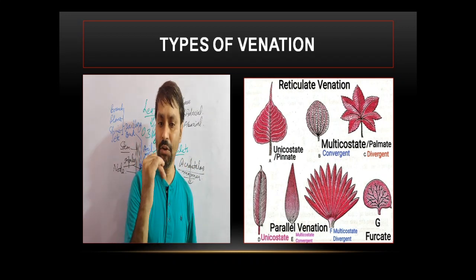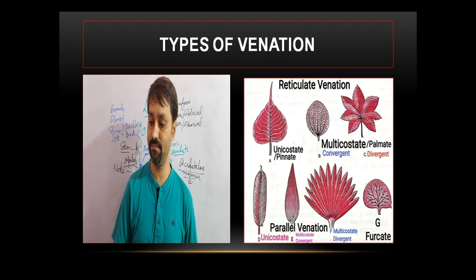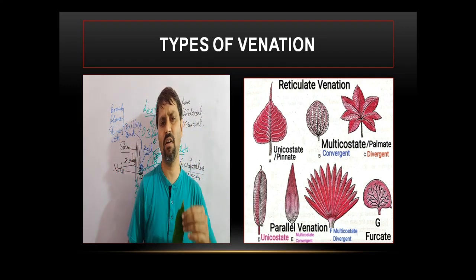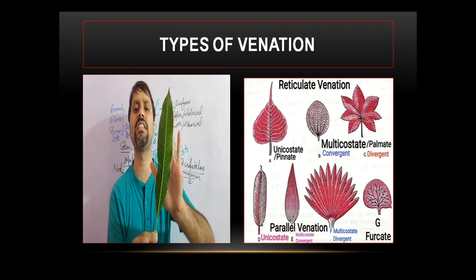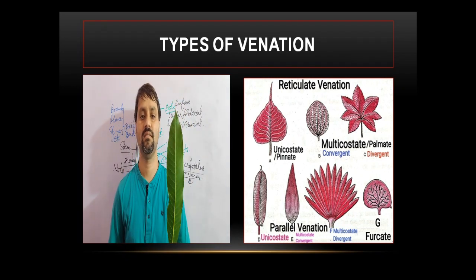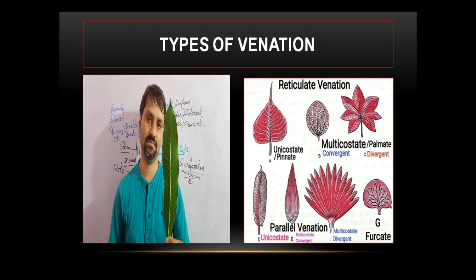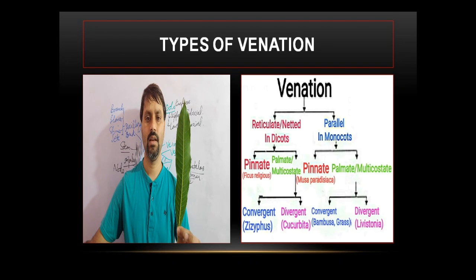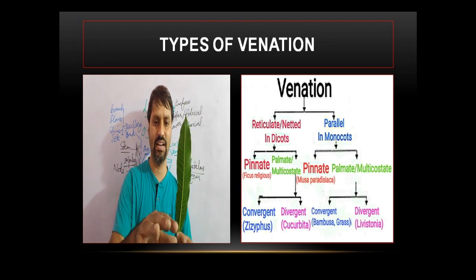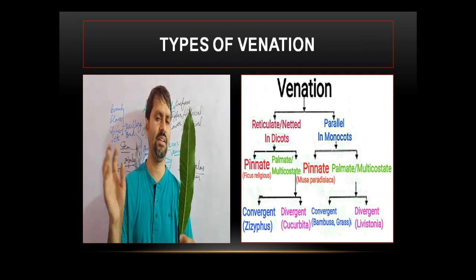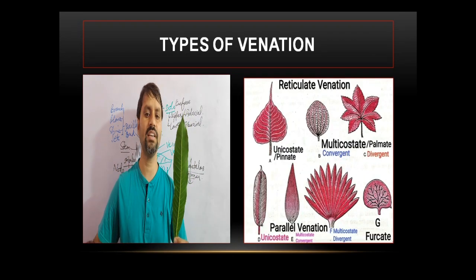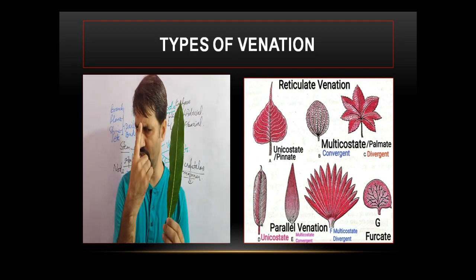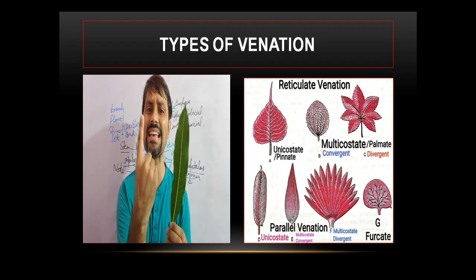Okay. Unicostate or pinnate. What does it mean? It is the pipal leaf here. क्योंकि पीपल का लीफ सबने देखा हो, आपके सामने है. I want to show the leaf with one more leaf with the reticulate venation. Okay. The name of these plants I have given in this chart. Pinnate, Ficus religiosa. More examples are in your book. See here. Unicostate pinnate. What does unicostate mean? See here. When there is a single midrib.